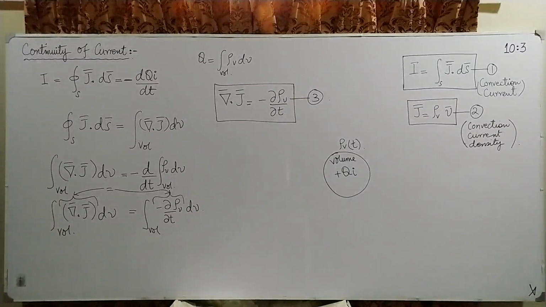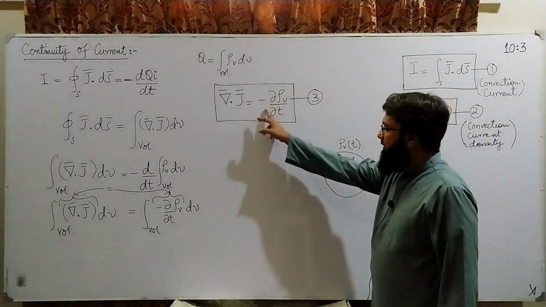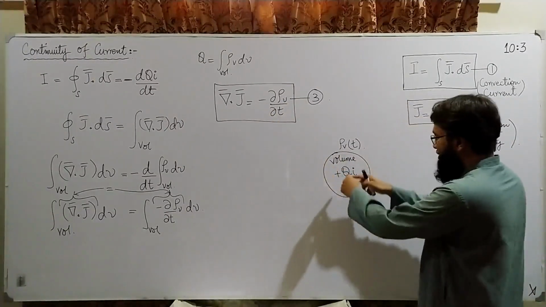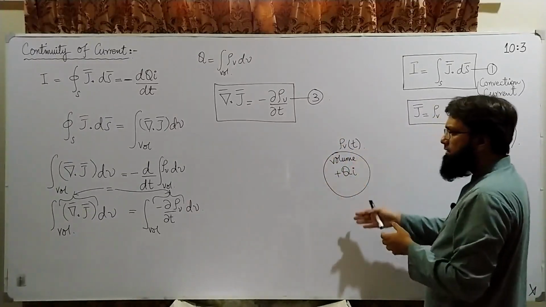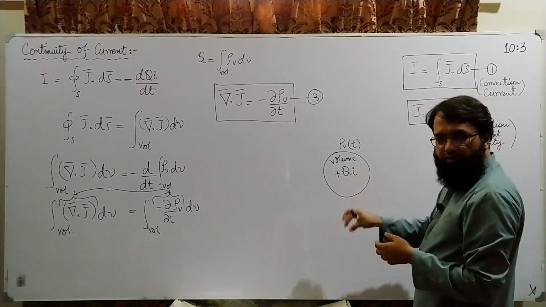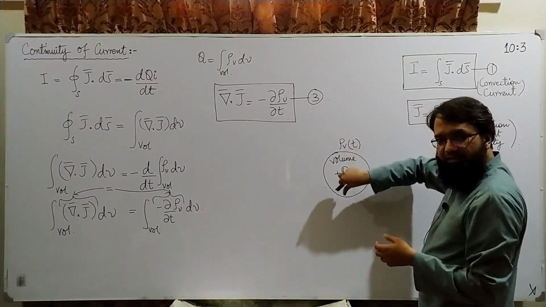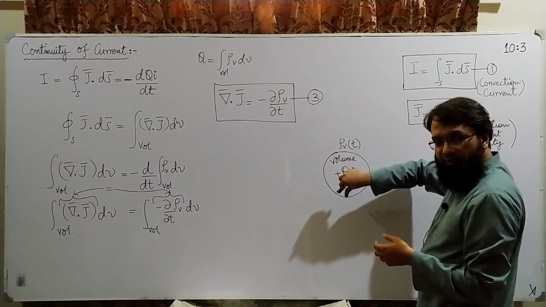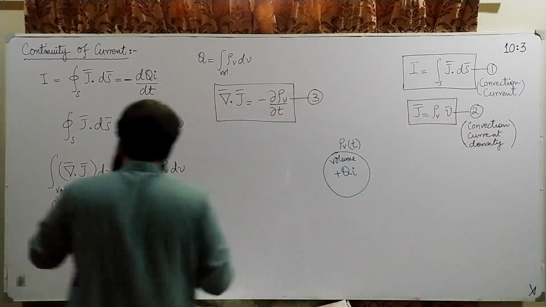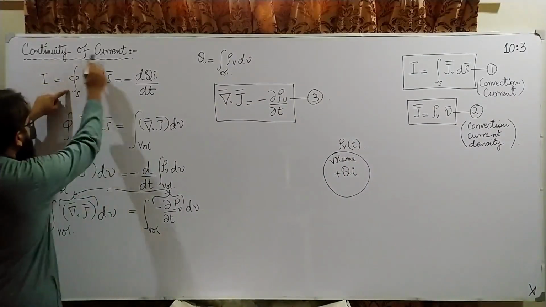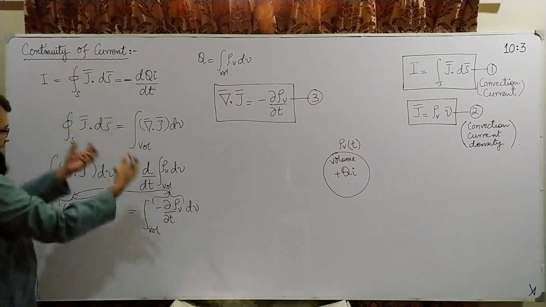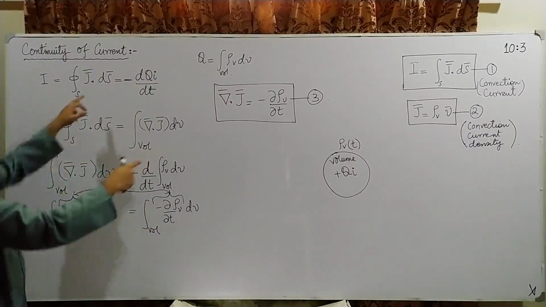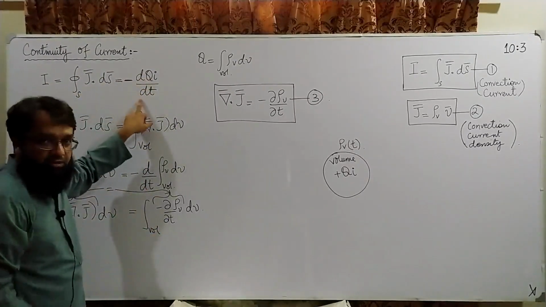A very commonsensical kind of relationship, right? The rate with which the current is coming out of this volume is exactly equal to the rate of decrement of the charges within this volume, right? So this thing which I have written here is the current I will see coming out of the volume if I observe it from outside, which should be equal to the rate of decrement of the charges within that volume.